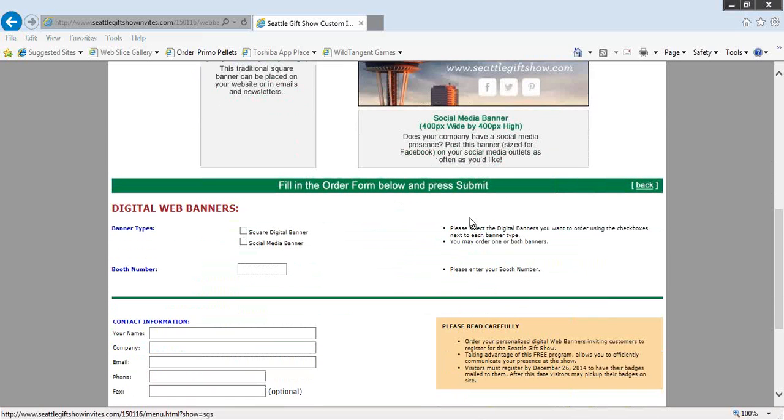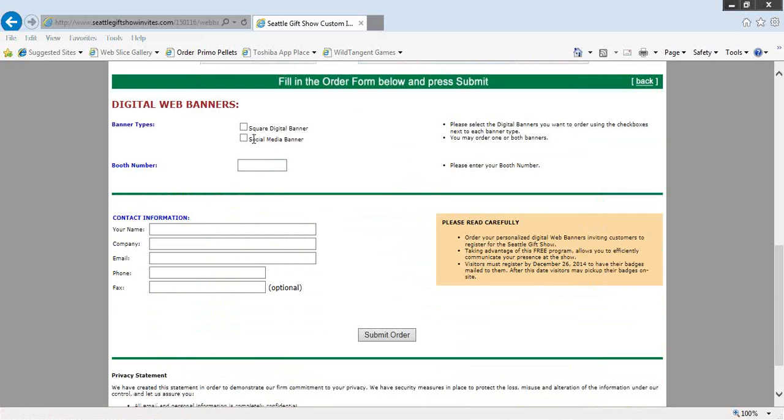So let's just scroll down here a bit. As you can see, the first thing we have to do is choose which banner we would like to use. You can use both of them. You are not limited to only using one. Most of the orders that have come in thus far have been multiple orders. Again, if you don't have a social media page or a Facebook page, then you just simply uncheck it and order one. Next, you just put in your booth number right here, followed by your name, your company name,